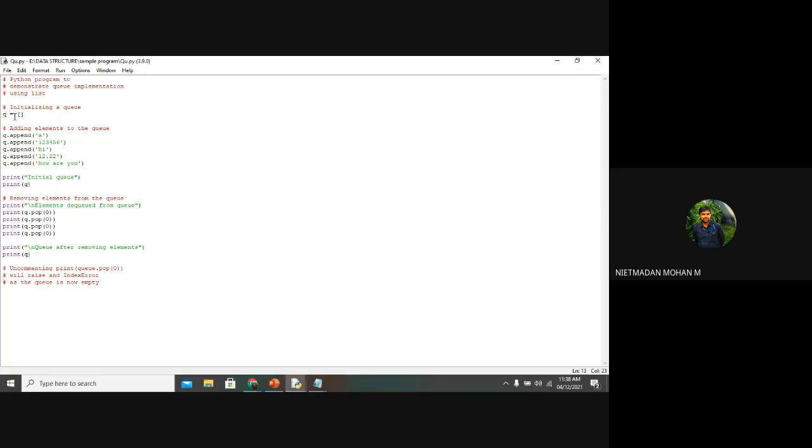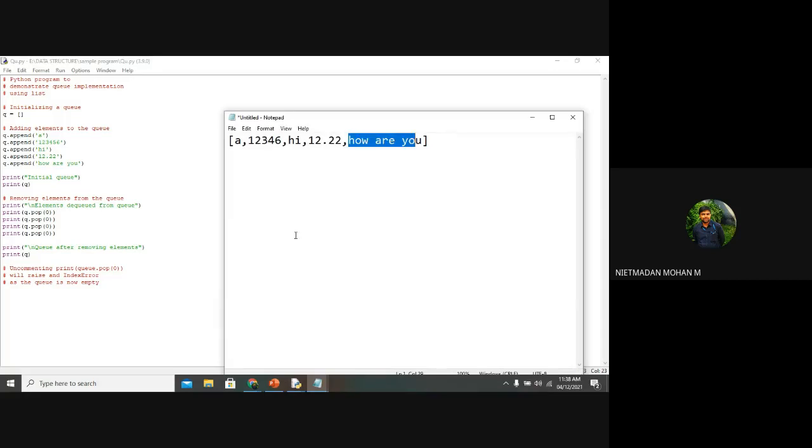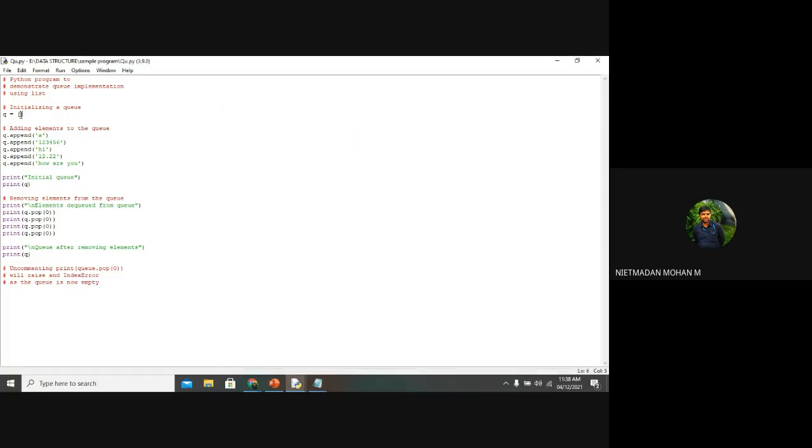So if I am using this over here and eliminating this thing, will it still give an output?